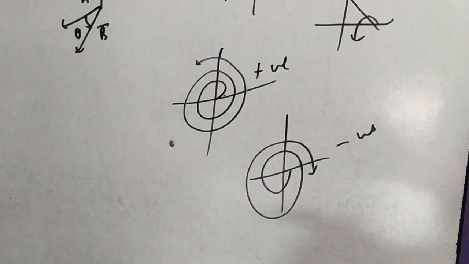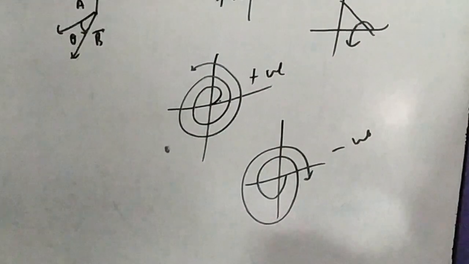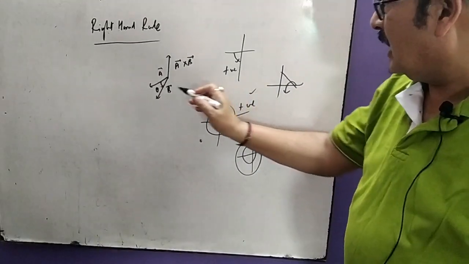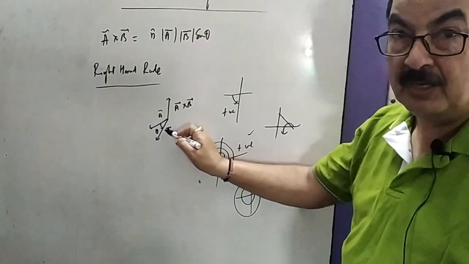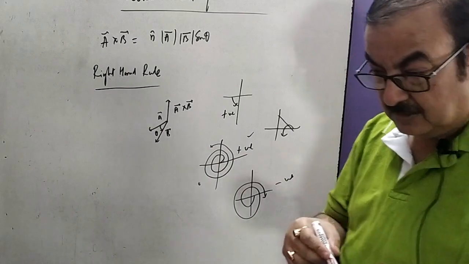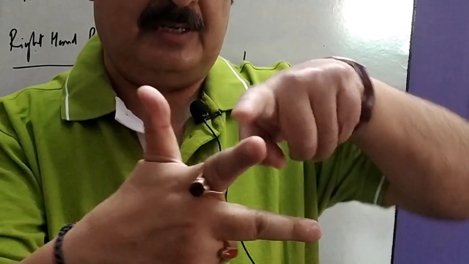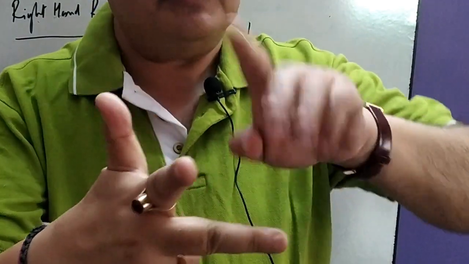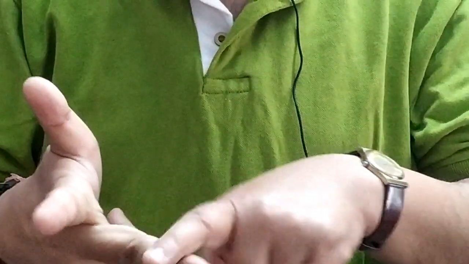Remember, in vector analysis, in discussing the direction of a vector or the angle between two, we always rely on the positive angle. That is why I have taken this anti-clockwise angle, and this is A and this is B, and this is your A cross B. I am just repeating this by taking the fingers. If this is A, this is B, then this will be A cross B. This angle is definitely an anti-clockwise angle. And suppose we have to take B cross A, then for B cross A we do not have to disturb this.